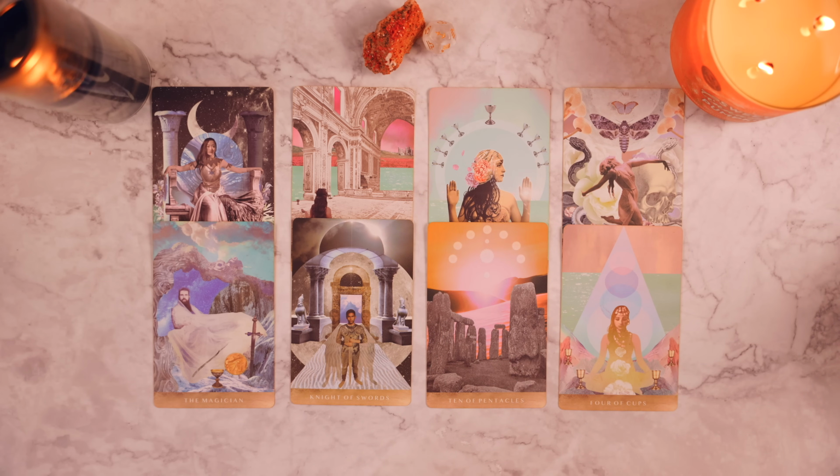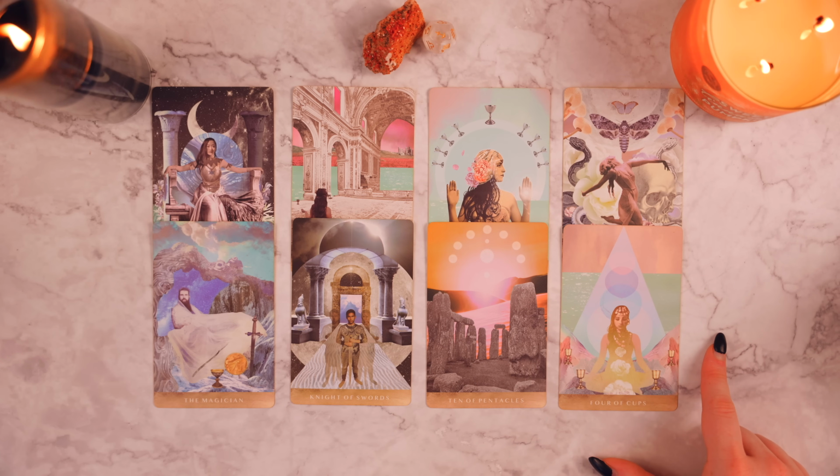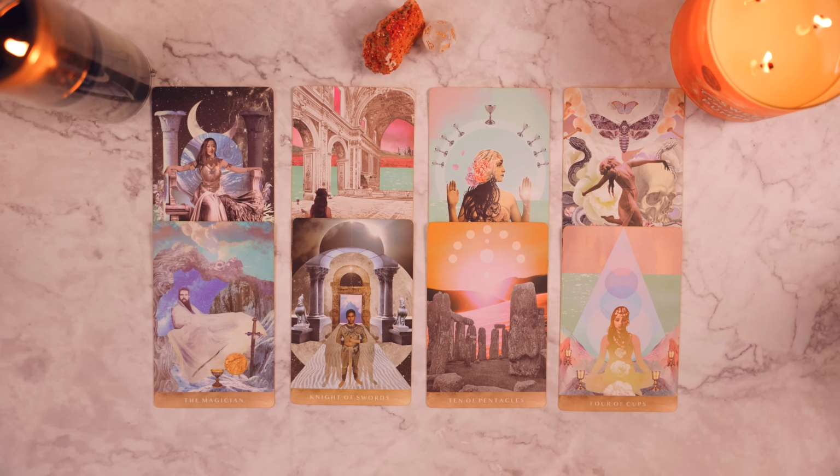And then Four of Cups, this is all about basically reflecting on what is next. I feel like you're going to manifest some really awesome stuff, okay? But the Four of Cups to me is like reflecting almost too much. Reflecting almost too much, in a way that you start to feel uneasy or stressed, because the Four of Cups,